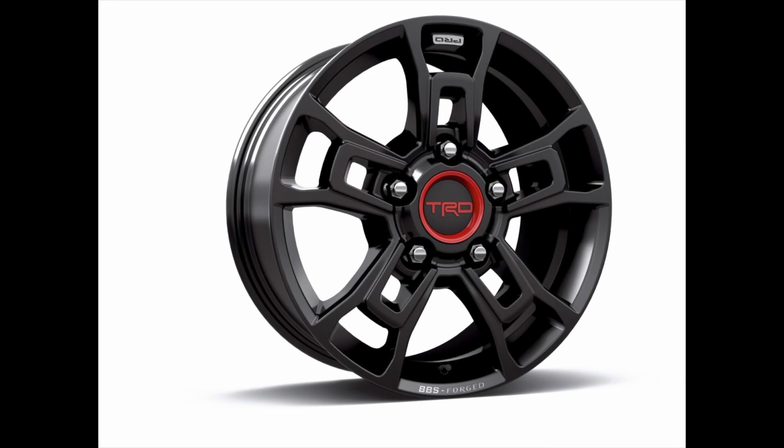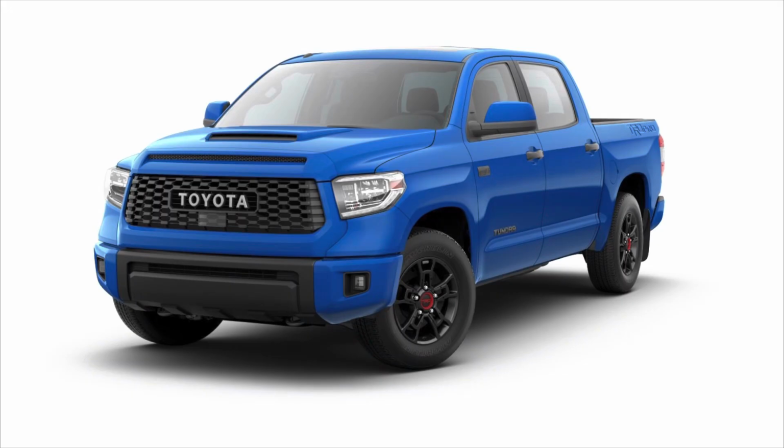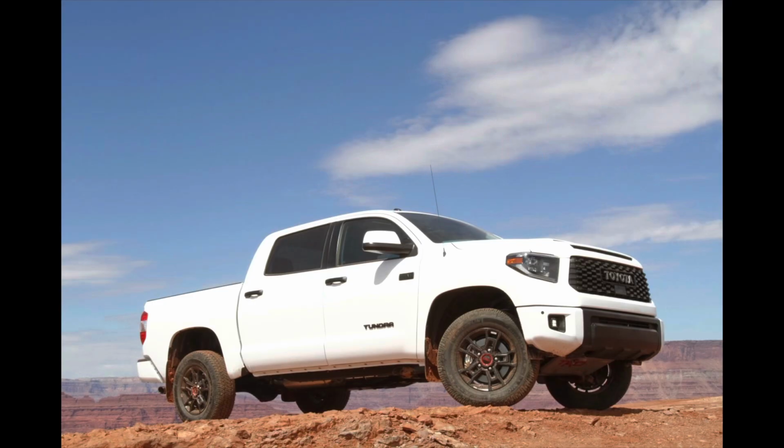BBS forged wheels. You got a new Toyota Heritage grille because now there was Toyota Safety Sense. You got some of those other things we talked about. There was no more Bilstein suspension. It was now a Fox suspension, but being it was based off of a limited platform, you got things like a moonroof on the inside. So they started to give you a little bit of that luxury